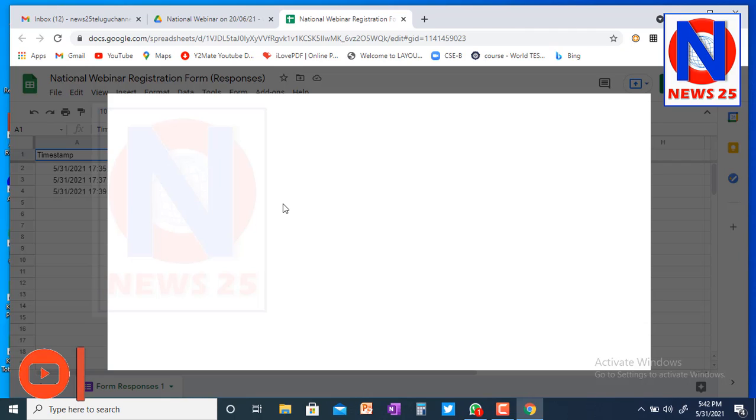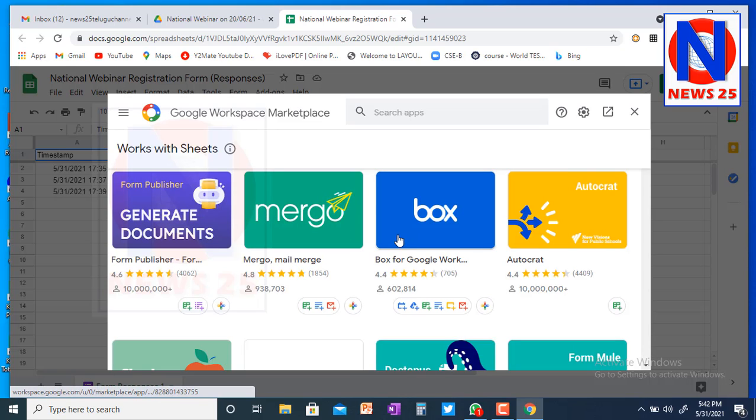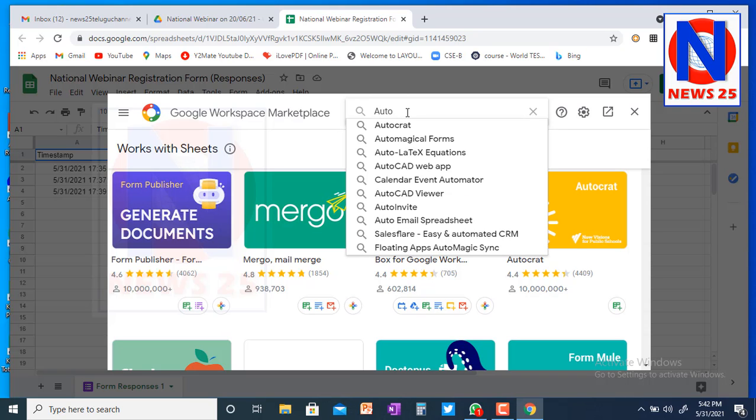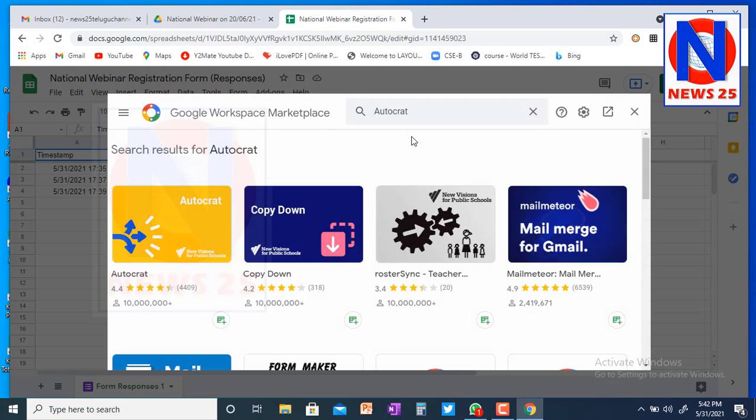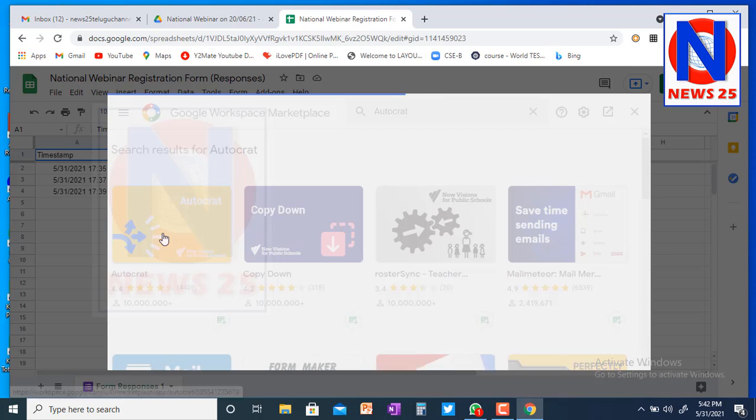You have to wait. Here you can type Autocrat. So it will check. Here you can see Autocrat is here. You just click on it.